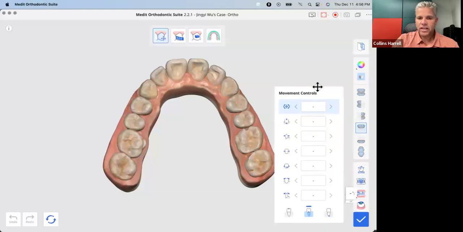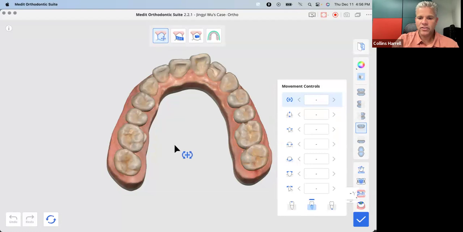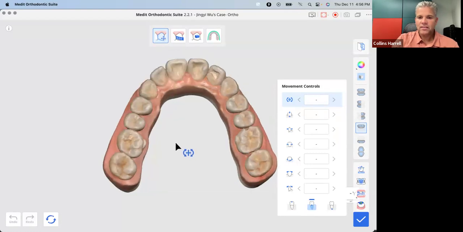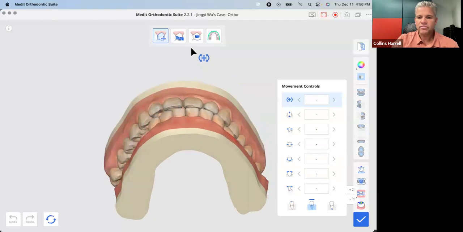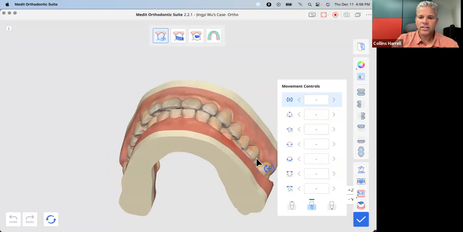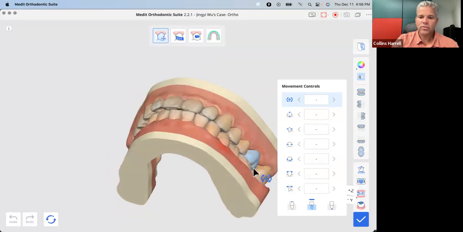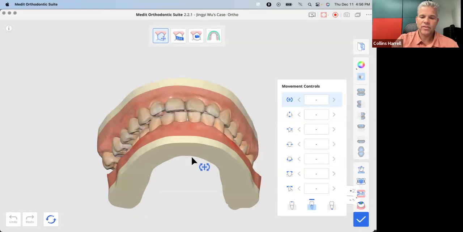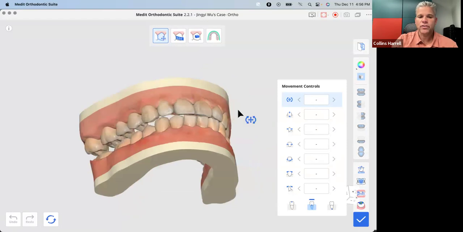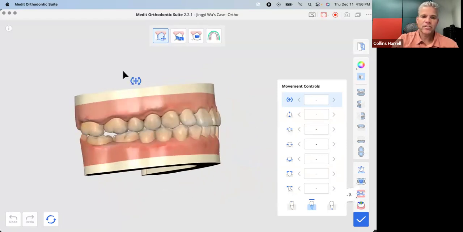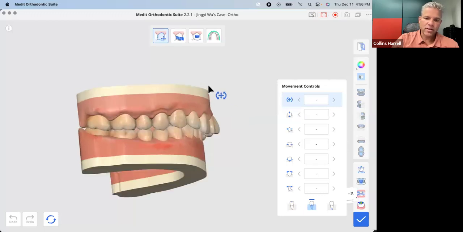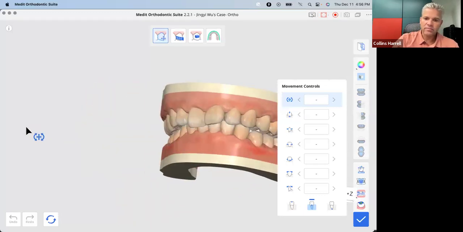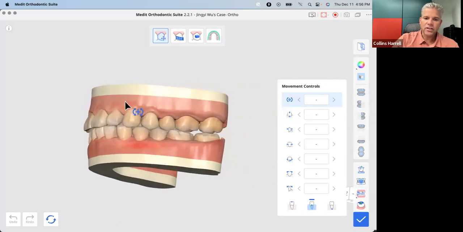Less distalization. Okay, so I have to go back to movements again, and I look at the start and the final, and I look at the overjet, and I go, I don't want to distalize that much. I'm ignoring the fact that right now it looks like laterally we're off on one side versus the other. I think that's going to be fixed when you do your leveling and aligning. But let's just look at how far the molars are distalizing. So here's the start. And if I want to reduce that so that I don't have insufficient overjet without going all the way back to the start,